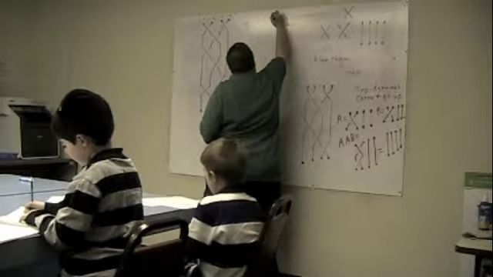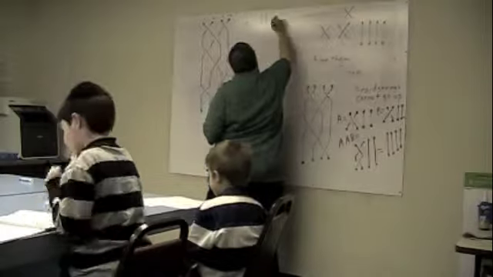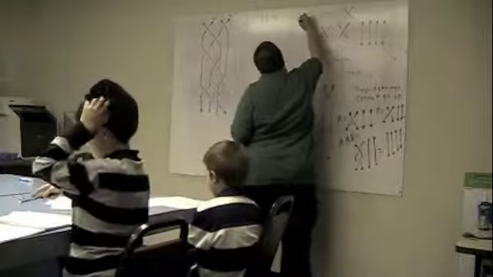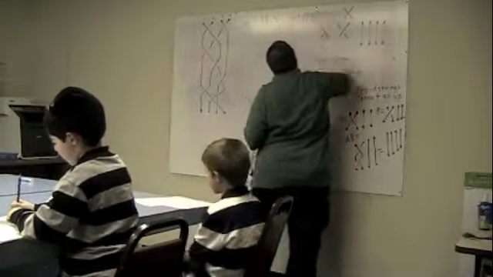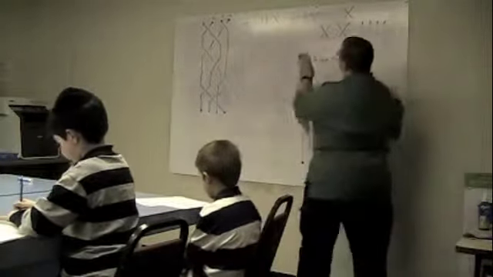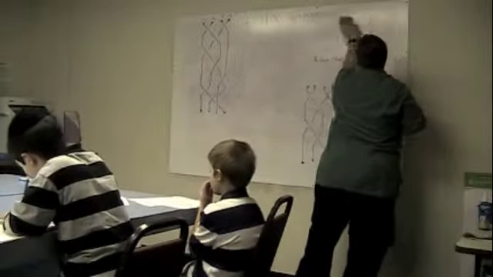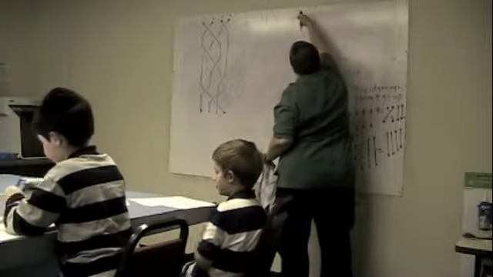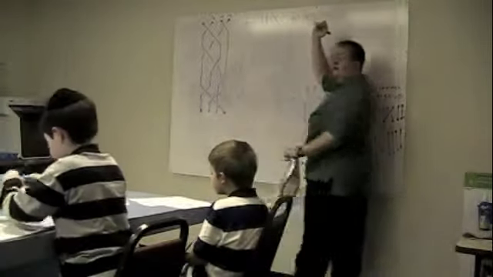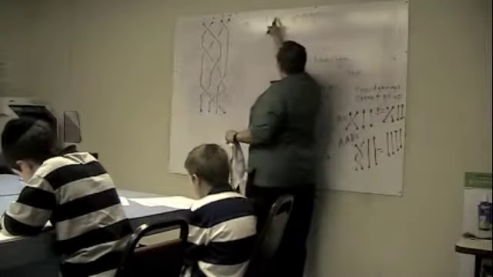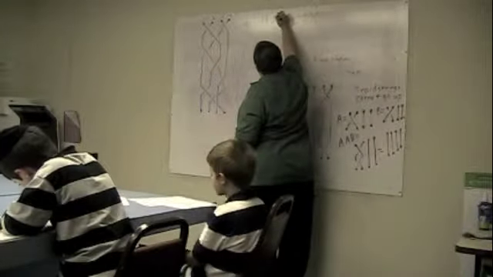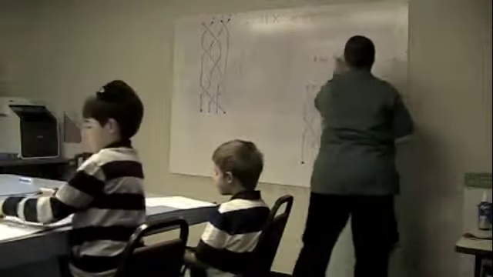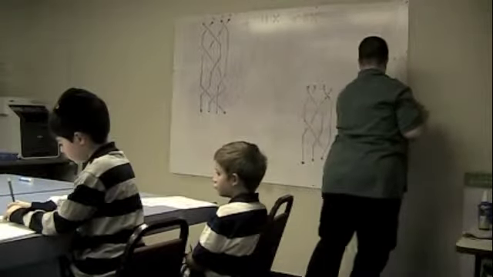I'll show you. This would be sigma 3. Sigma 3 inverse would be the opposite of that. So that's sigma 3 inverse. It's still called 3 because it's the third and fourth string, but we call it inverse because the fourth string is on top of the third string. If the lower number string is on top, we just call it plain. But if it goes the other way, then we have it inverse.